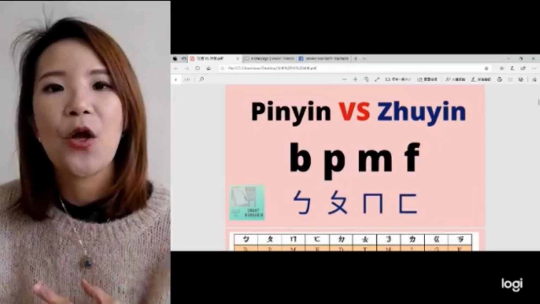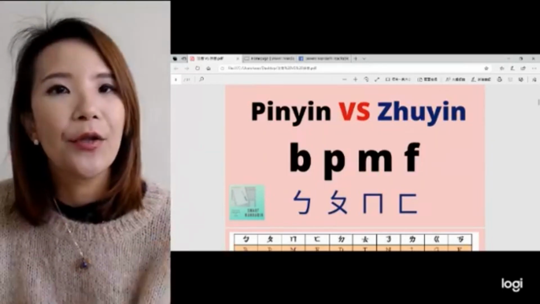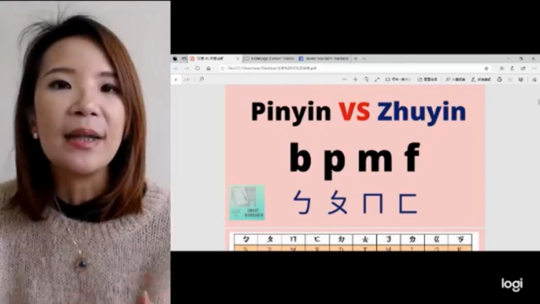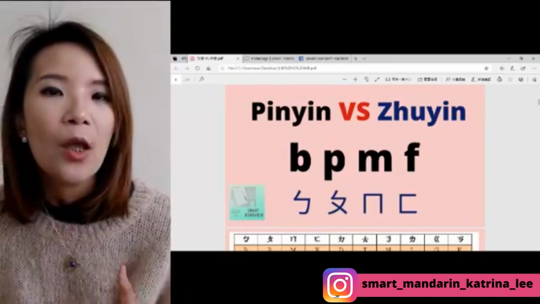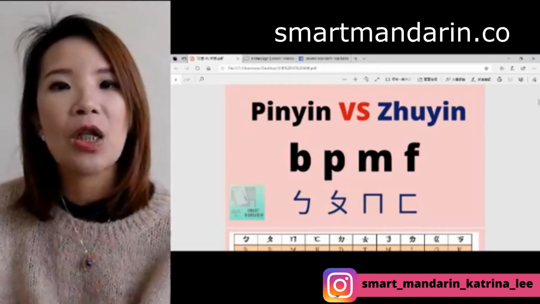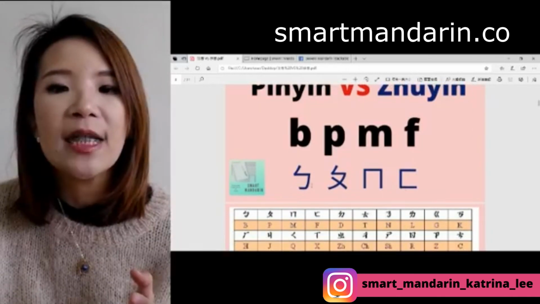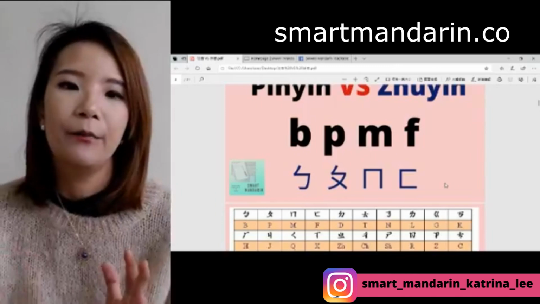Pinyin symbols are much easier for foreigners because they don't have to learn, it's using a Roman alphabet, bpmf, which means bpmf. Whereas in Taiwan, we use 注音, we use totally different symbols. 我们是用完全不一样的。